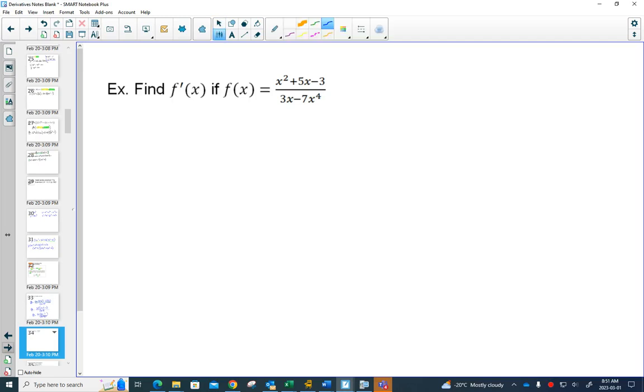So, we notice we have a quotient rule because we're dividing. There's x's on the top and x's on the bottom. Okay? One of the things that I would recommend that you do if you're ever having to do something where you take the bus home, or someone's driving you somewhere and you're